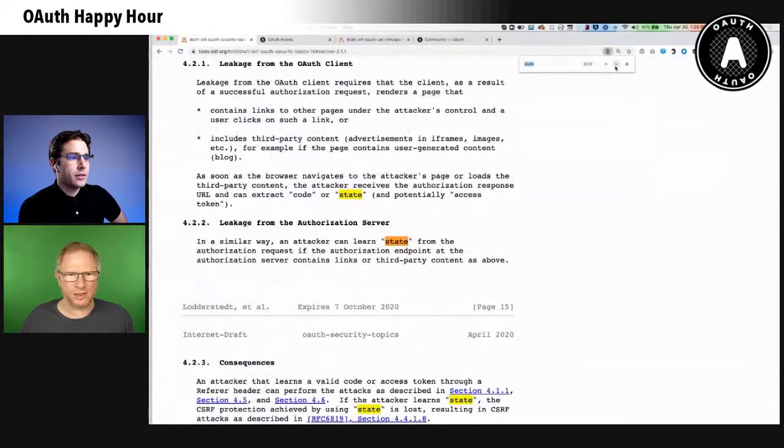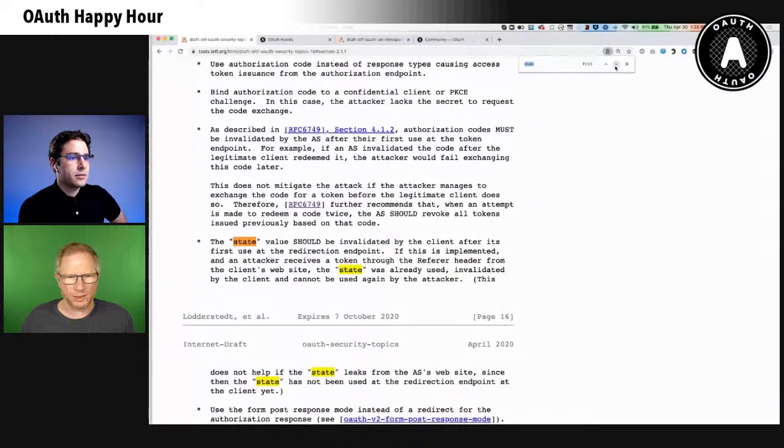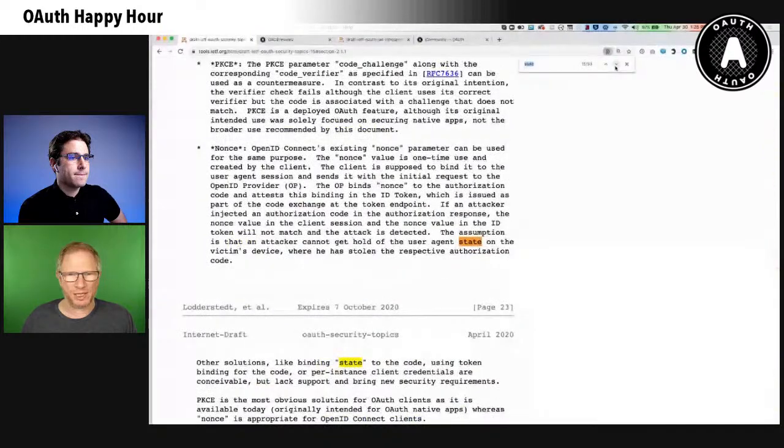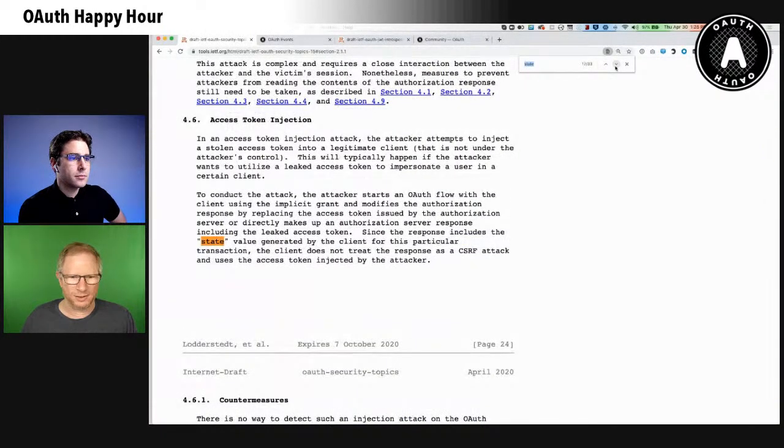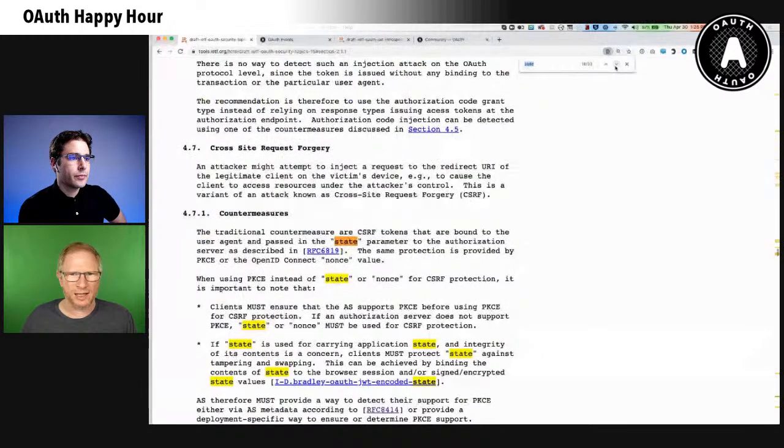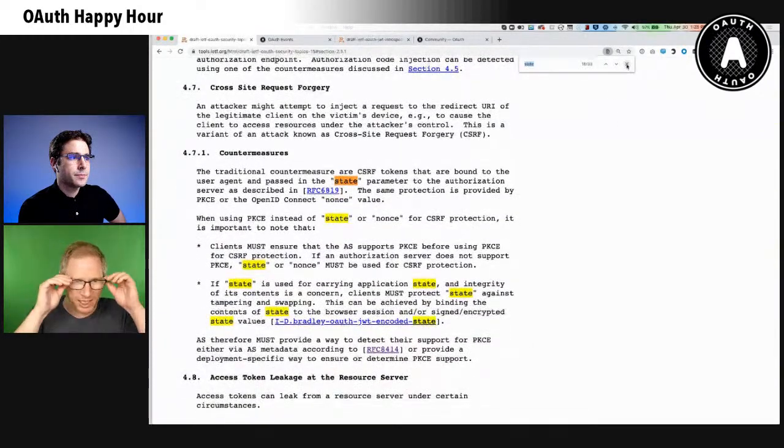It's just useful because I know of projects and other developers that have wanted to use the state for application state, and we always had to give them the bad news that it was exposing them to replay attacks, because if the state is a fixed value, or if the application will accept the state as a fixed value, then you lose that CSRF protection. But now, if you're using Pixie,